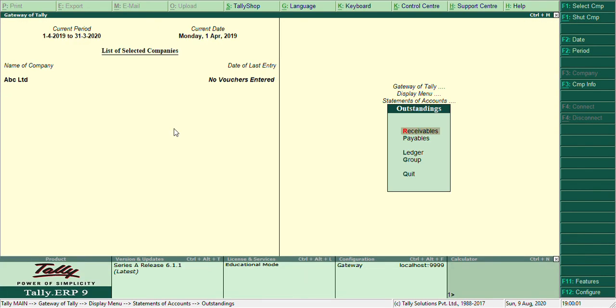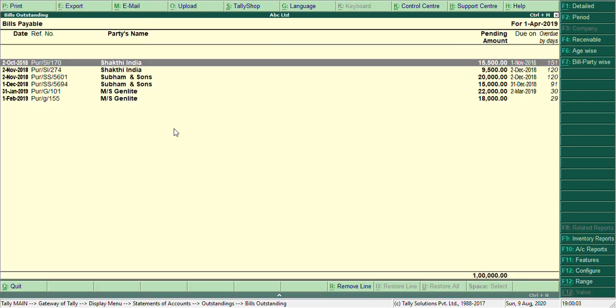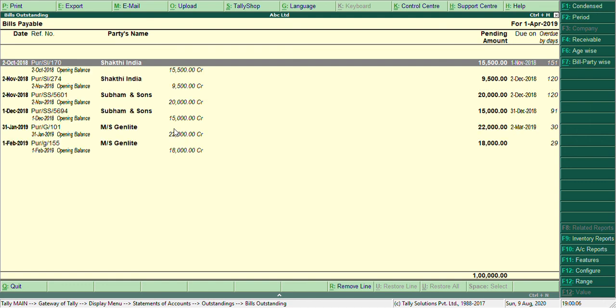So that is for receivables, and here are the payables. This is a report for the parties to whom you have to pay, which is outstanding. With this report you can see in detail which bill is pending, and which bill you can take the decision to make a payment for.